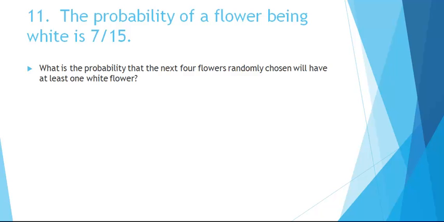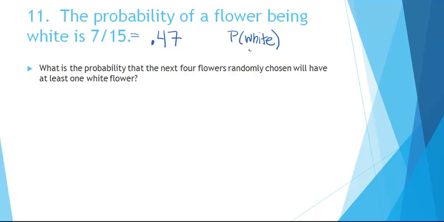Okay, I'm going to go ahead and start explaining this one. So first of all, I converted this to a decimal, 0.47, and this question is asking, what is the probability that the next 4 flowers randomly chosen will have at least one white flower? So here we know that the probability of the flower being white